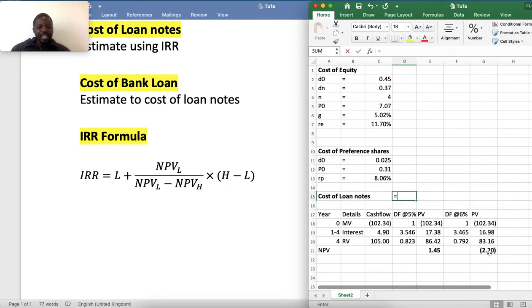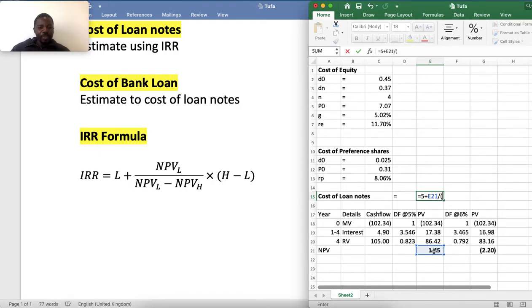Now let's calculate our cost. Our cost will be equal to, the lower rate is 5%, 5, we add NPV at the lower rate